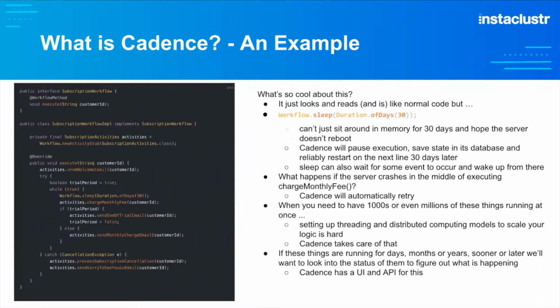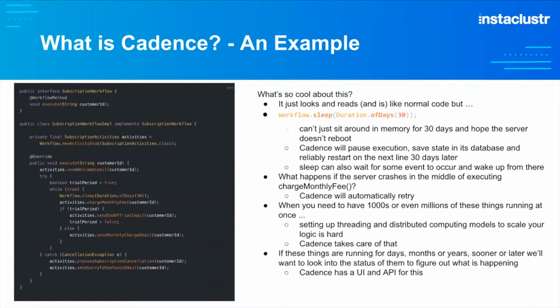And then the final thing, there's really high level benefits is if you think about building this yourself, you've got these kind of subscriptions that are running for days, months, or years. Sooner or later, you're going to come across a requirement that you need to be able to look into the state of a particular subscription, see what's happened to it, where it's up to in the workflow, and all those kind of things. And because Cadence is keeping track of all of that for you, and it has a UI there to help you look into it, and an API alongside that, it's giving you that functionality for free when